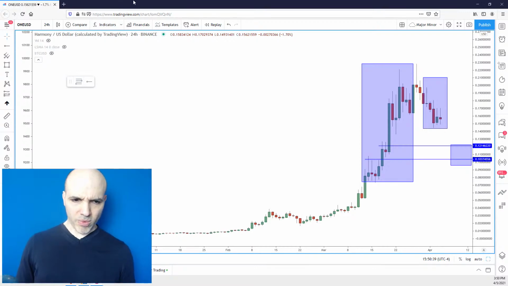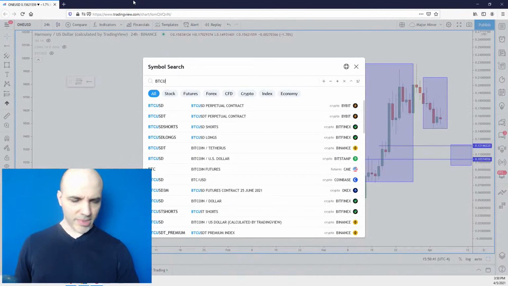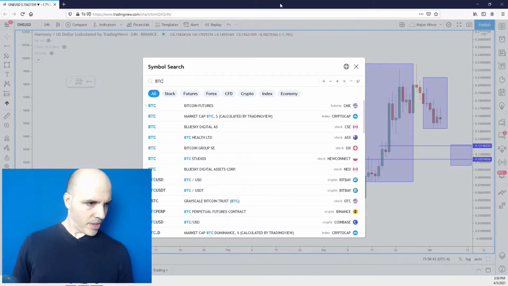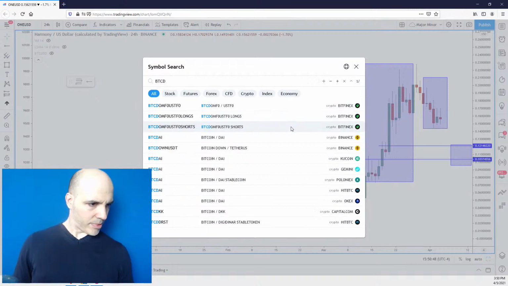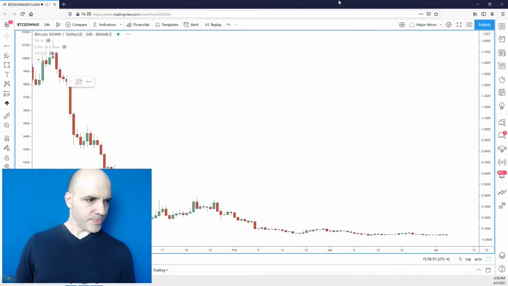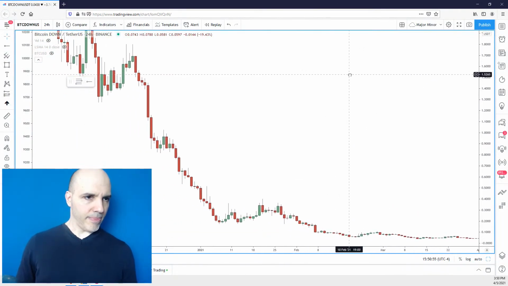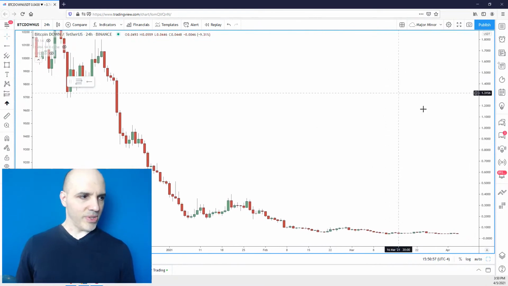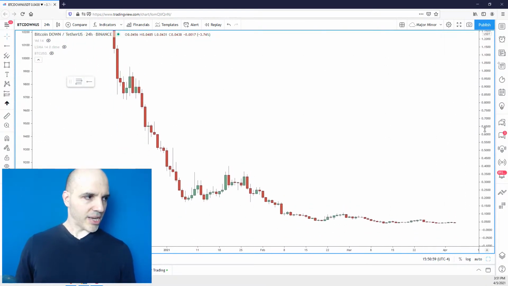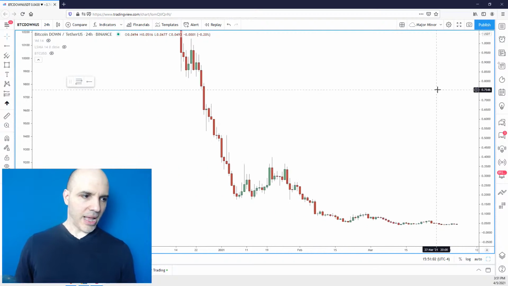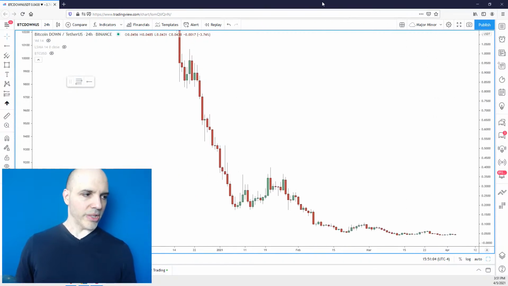Okay, so let me see. Hold on. I'll pull that up here. That's one of those strange symbols here. This one against USDT. All right, so yeah, I wouldn't do anything with this. This is like a derivative of a derivative. You know, for one, it doesn't really mean anything. I don't get any value out of that. And I wouldn't know what to do with that. There's nothing to do there.